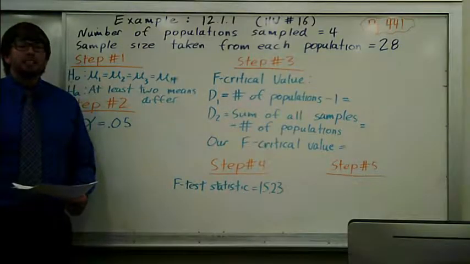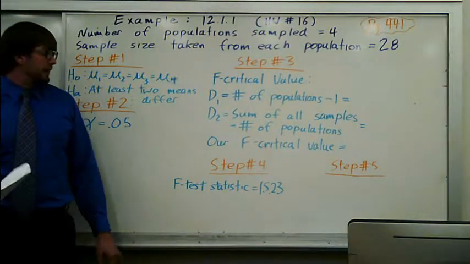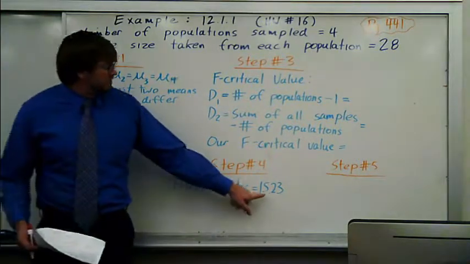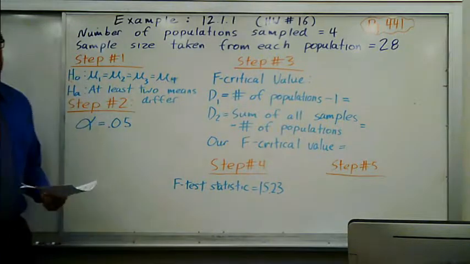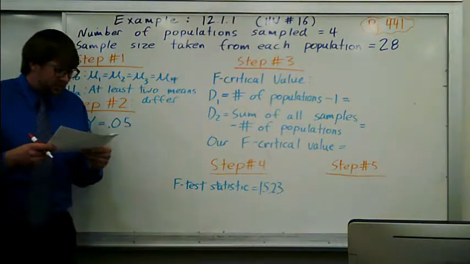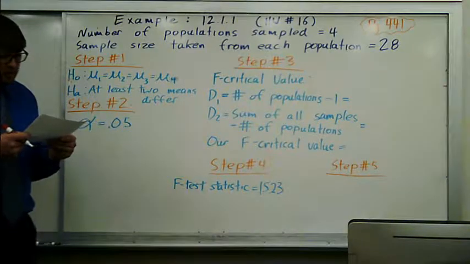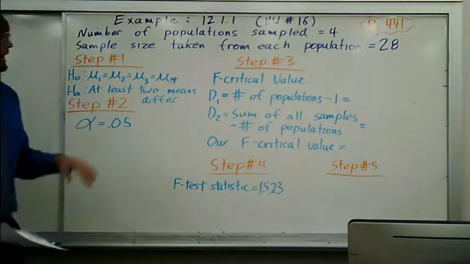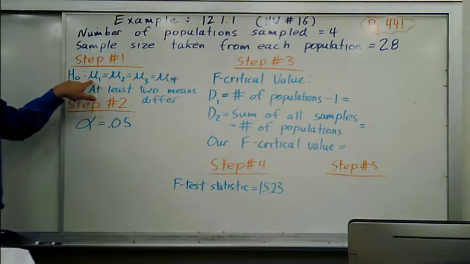Alright, continuing on with this example here. This is just continued 12.1.1. In the last part, we filled out that ANOVA table, and we found out that our F test statistic was 15.23. Now we're going to perform a hypothesis test, and it asks us, based on the sample results, can the startup firm conclude there's a difference in household incomes for subscribers to the 4 service providers? So now to set up the null and alternative hypotheses, the null hypothesis is just that all